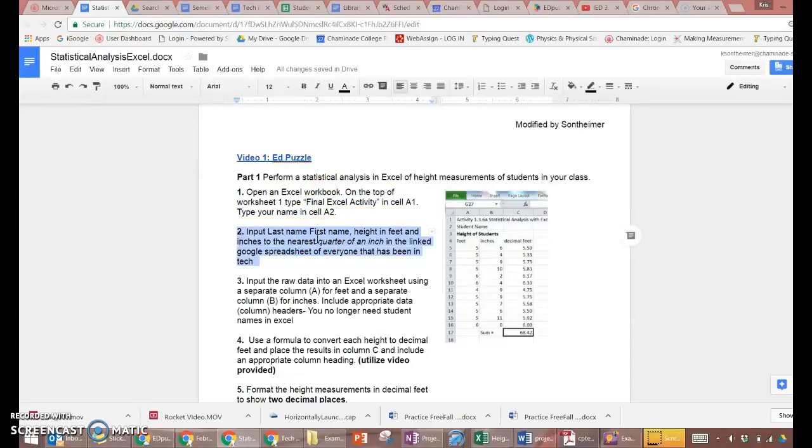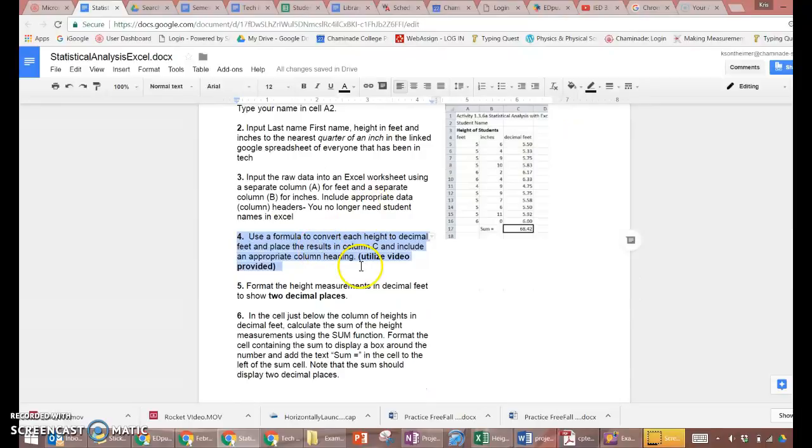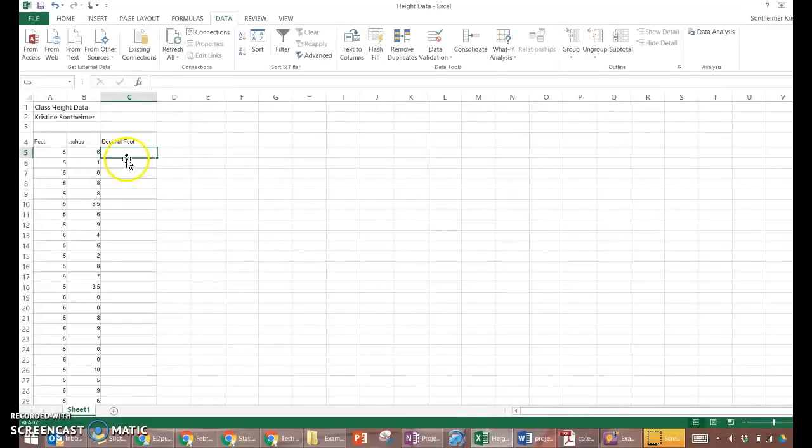You did this already. Number 2, input last name, first name, height in feet and inches, nearest quarter of an inch. Then you're going to put the raw data into Excel. So you're going to use the formula to convert height. So it says utilize the video to do this. To convert height, you know that decimal feet equals 5 feet plus,